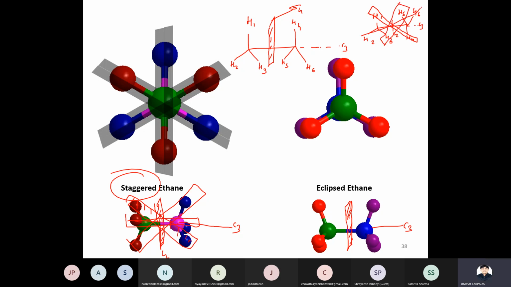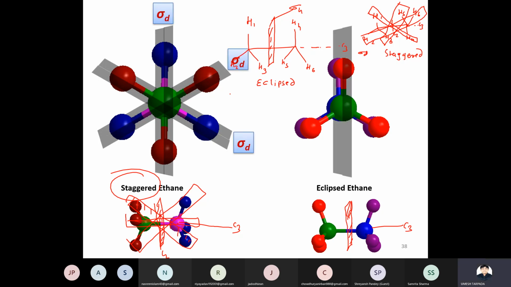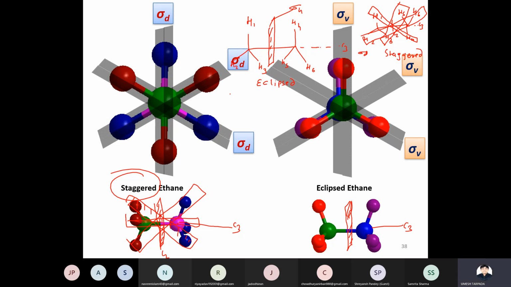Cross plane is called sigma d. This is in a staggered structure, there are sigma d. This is eclipse where sigma h is there. These three are sigma d and these three are sigma h. Sorry, these are the sigma v. Three sigma v is there and sigma h is between